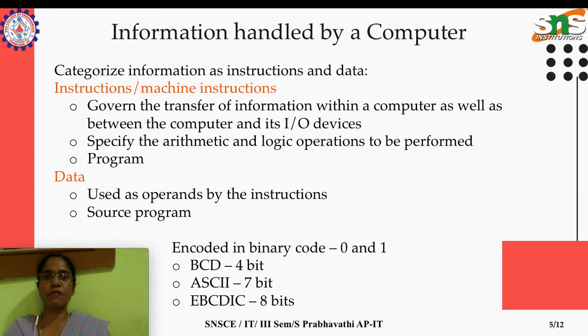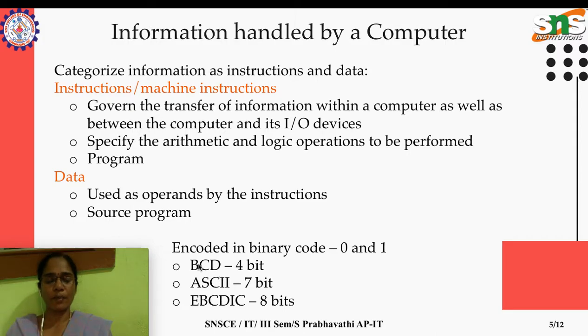And one more thing we need to know about data or instruction is that since a computer is a machine, it understands everything in terms of zeros and ones, which we normally call binary, is it not? So whatever information we pass or whatever instruction we give the computer, everything is encoded into a machine-understandable form called binary code. We have different encoding schemes available, like BCD, binary coded decimal, which is 4 bit. 4 bit means 2 power 4, so only 15 characters, 15 numbers will be accepted.